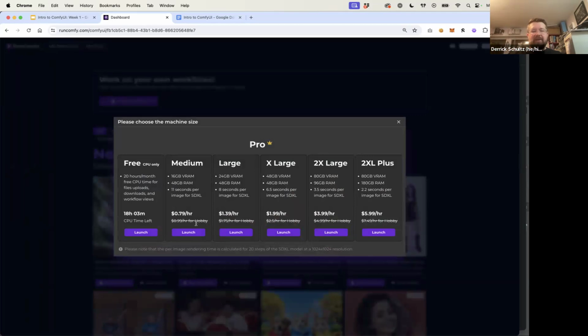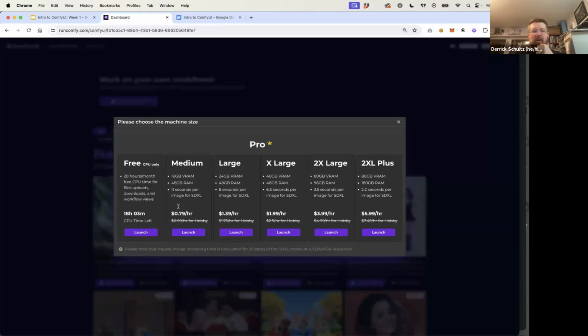But just so you're aware, here are the prices for all these different systems. And quite honestly, I have never used anything more than an XL. I don't know why you would need to. It would be insane to use 80 gigabytes of VRAM. There might be a model that needs that size, but basically this is a crazy cost. I wouldn't worry about this. For this class, you're going to be fine with a medium. Basically any static image generation, you'll likely be fine with a medium. There might be a case, like when we get to using an IP adapter plus 3 control nets plus AnimateDiff, where you need a large, which is 24 gigabytes of VRAM, but that's about it.